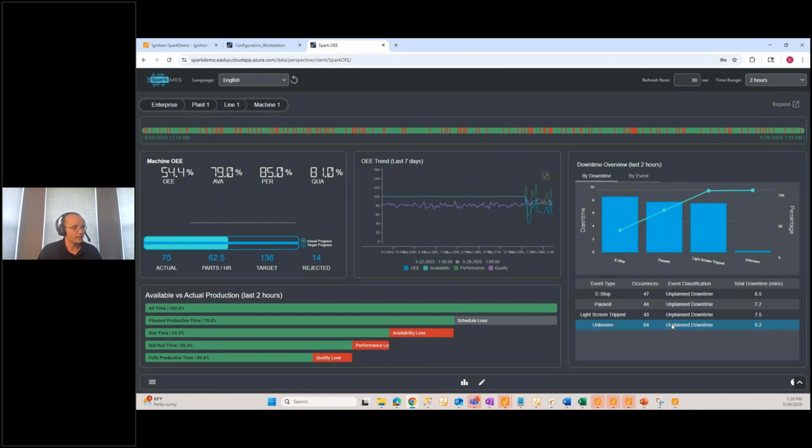Cool. So that is some of the main OE dashboards. These are just some examples of OE dashboards. One thing I want to call out on here too, when we're talking about SparkMES as a framework for building out your solution, every component you're seeing on here is a separate view inside of Perspective. So for those of you that have used Perspective and Ignition, then these are all just different views you can embed, and you just give us what machine or location you're wanting to look at, a start and end timestamp,